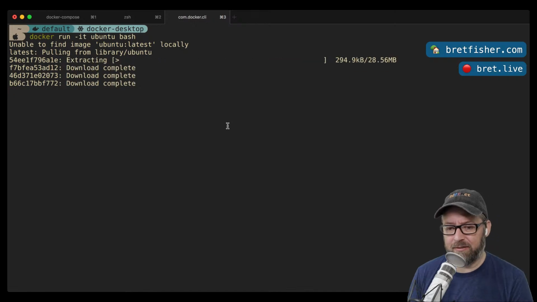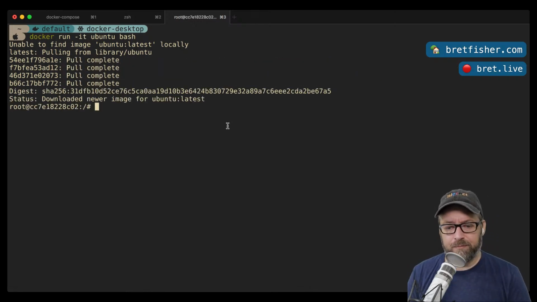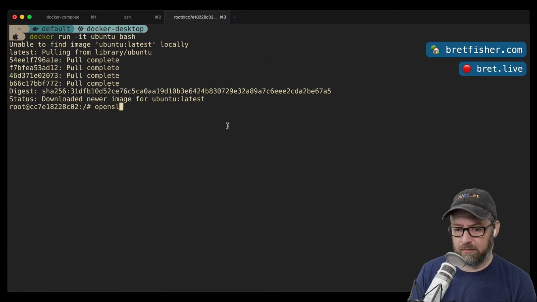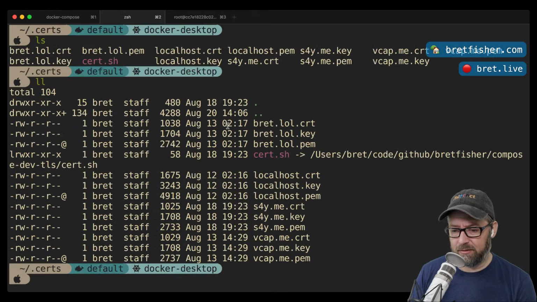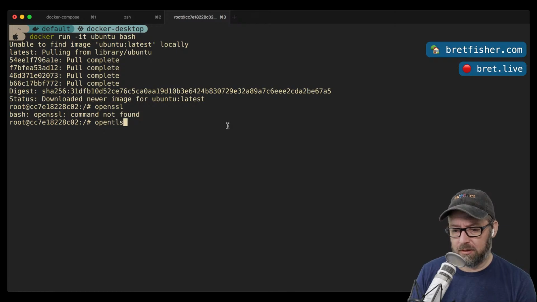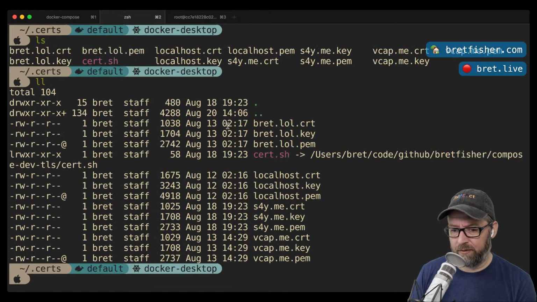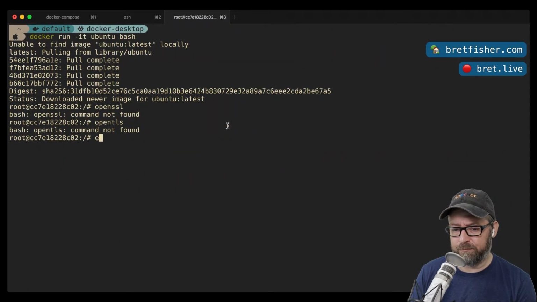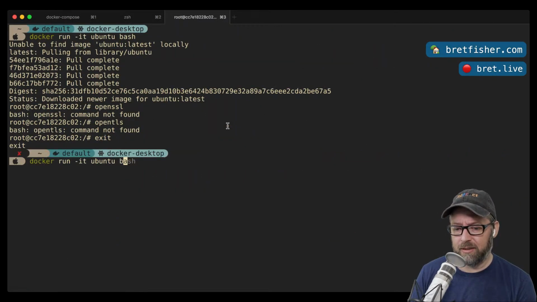Actually, I don't even need to type bash because it's already going to do that. But no, OpenSSL isn't in there. So OpenSSL was replaced. But you just install it in whatever, there might be some, like CentOS might have it, right?